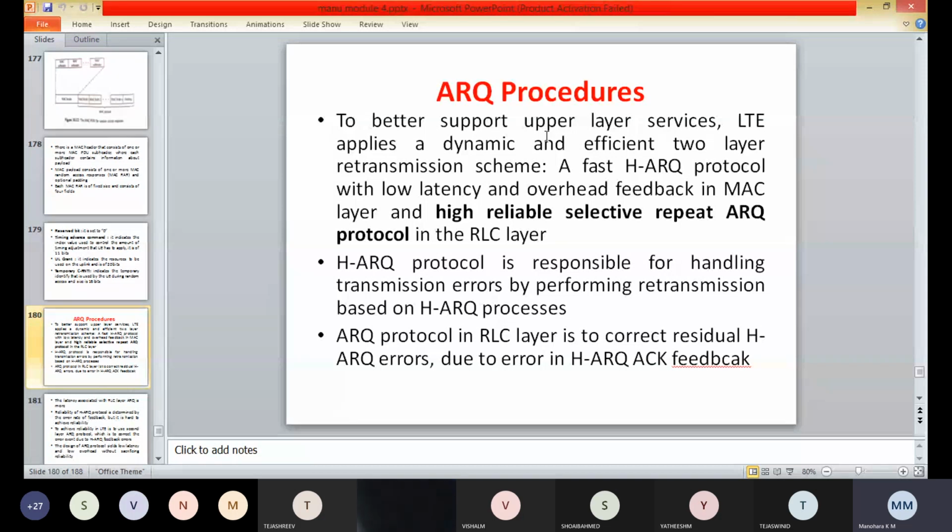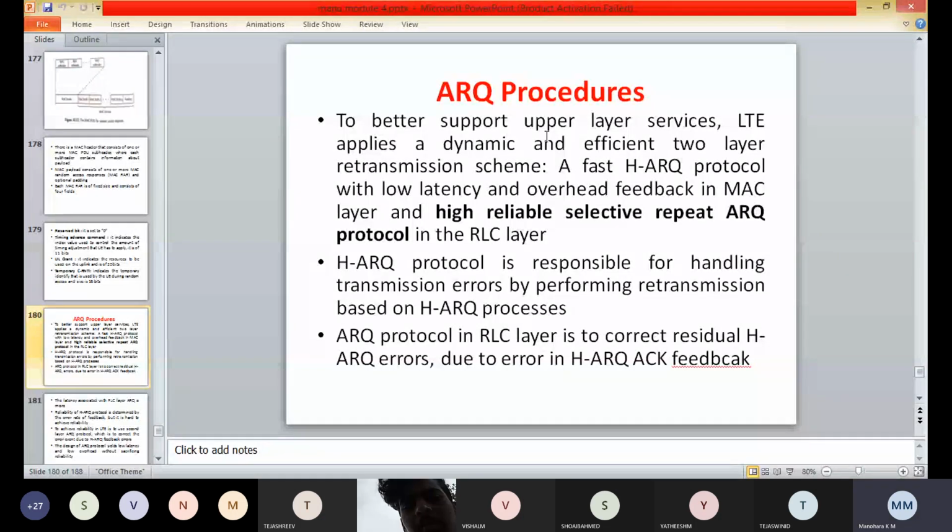Therefore the latency which is associated with the RLC layer ARQ is much larger. So here the second layer ARQ protocol is to correct the error event due to the HARQ feedback errors, and this additional ARQ protocol provides a much more reliable feedback which is protected by a CRC.